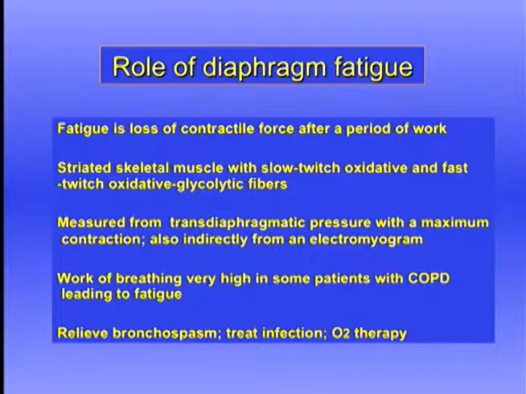If that occurs, of course, we try to relieve that, and one way of doing that is to try to reduce the work of breathing. These patients may have some reversible bronchospasm, reversible bronchoconstriction, and that can be treated with bronchodilators perhaps. Also, the infection, of course, should be treated aggressively if there's an exacerbation of chronic bronchitis, an acute exacerbation, that should be treated as far as possible with antibiotics. And another important thing is oxygen therapy, because